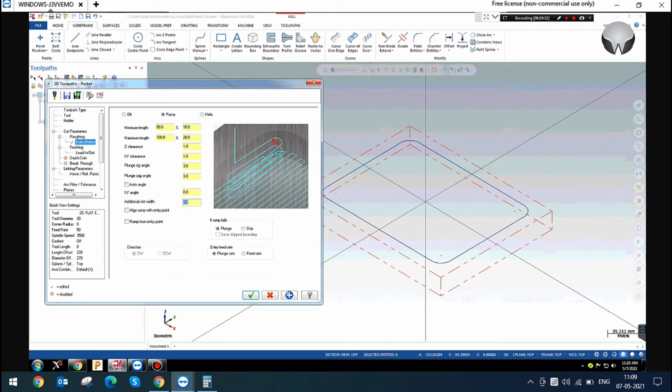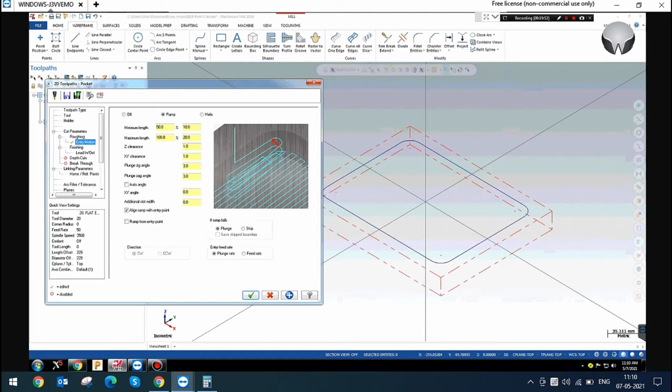Yes. Next, additional slot width. If you give the slot width 10 mm, the ramp will be created as a slot, a ramping slot. And this I will also explain to you, brother.